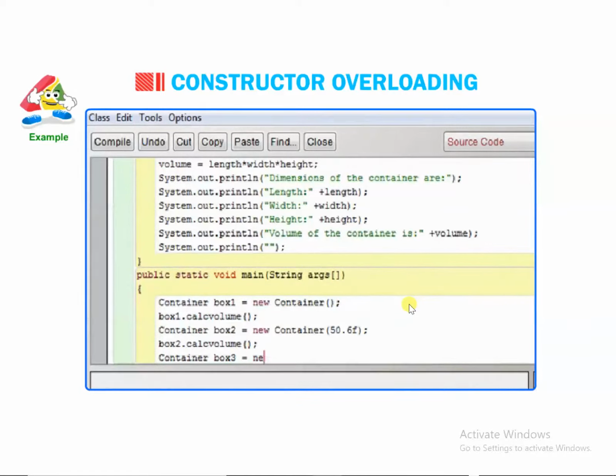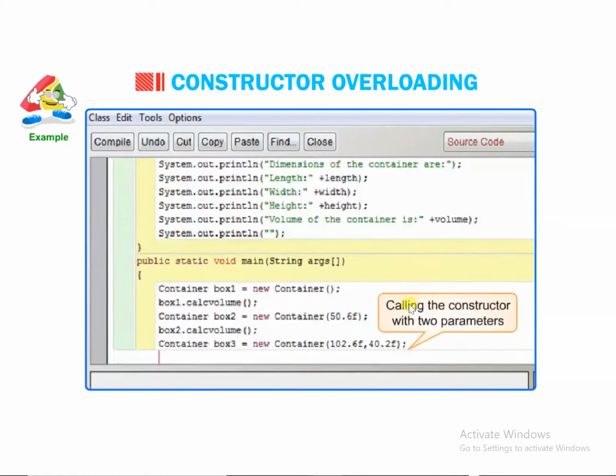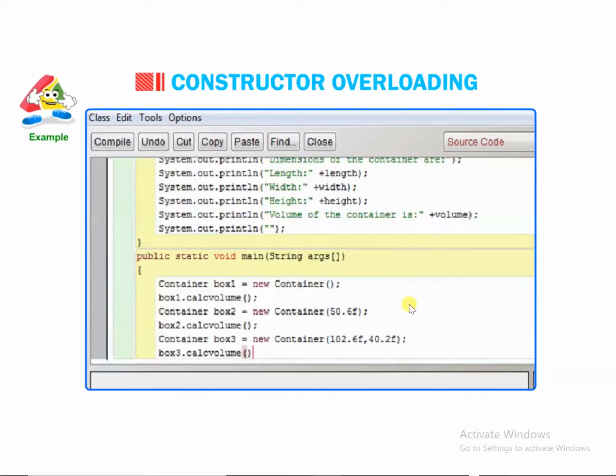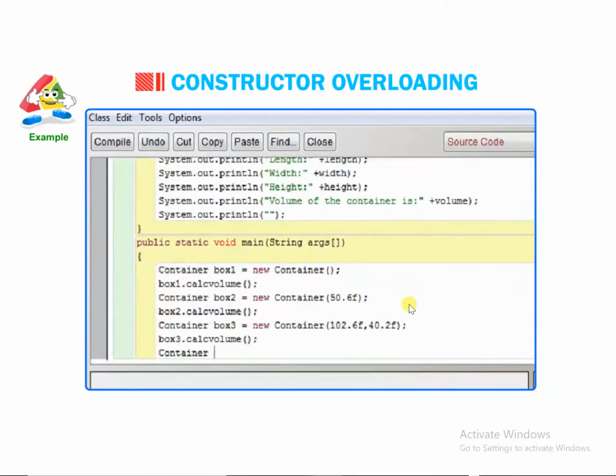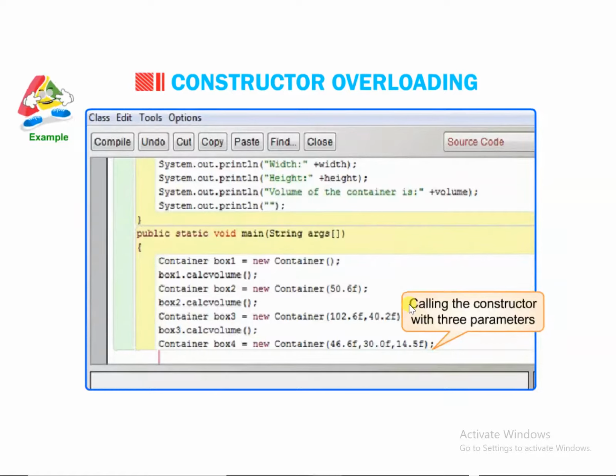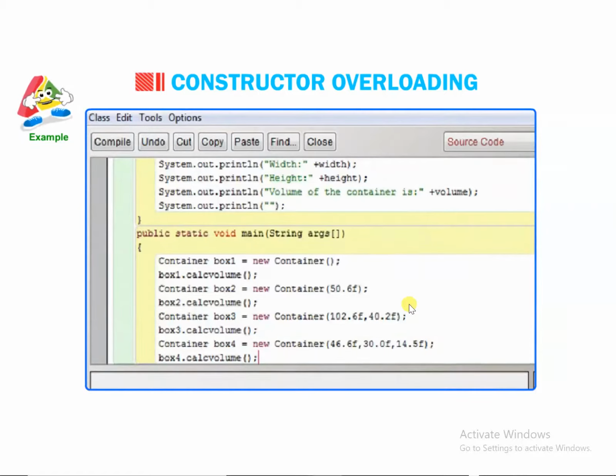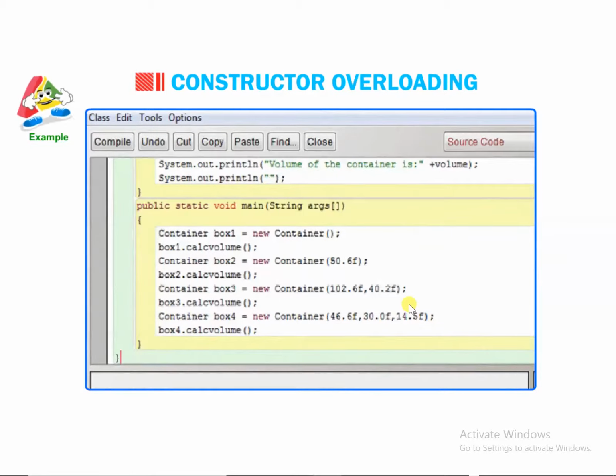Container box3 = new Container(102.6f, 40.2f); // calling the constructor with two parameters box3.calcVolume(); Container box4 = new Container(46.6f, 30.0f, 14.5f); // calling the constructor with three parameters box4.calcVolume(); } }